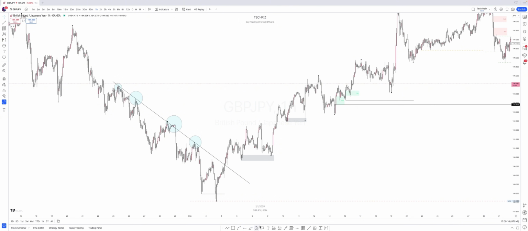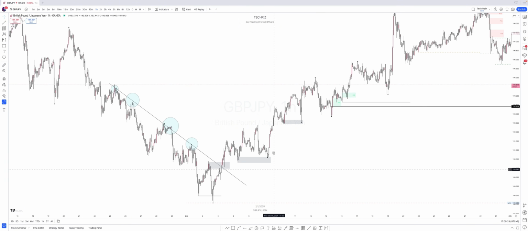So if you trade breakout blocks, you'll be able to catch the entry from here, right? You can see price came into the breakout block and then moved. Although if you're not able to catch the breakout, you're going to be able to catch this move, you'll be able to catch one here. You're going to be able to catch so many moves, and you can see that price at the end of the day